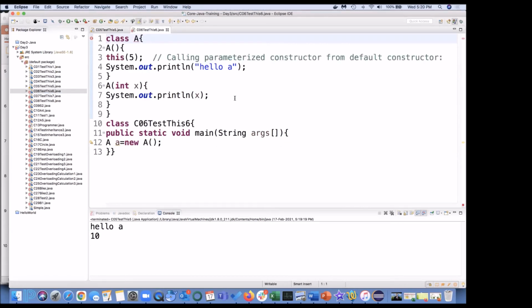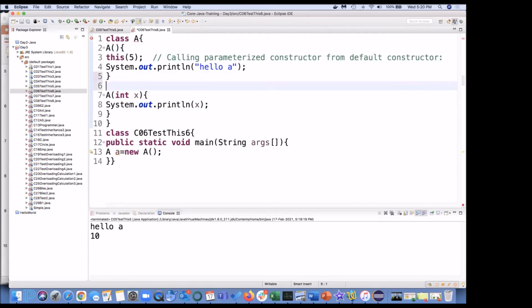Here, what we are trying is calling the parameterized constructor from the default constructor. Earlier, from the parameterized constructor, we called the default constructor. Now this is my default constructor here and this is my parameterized constructor.